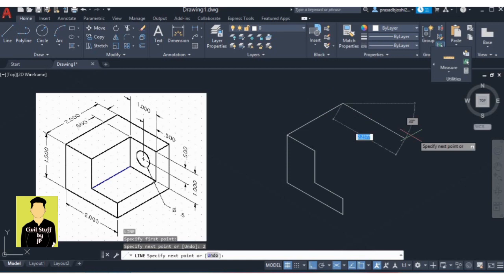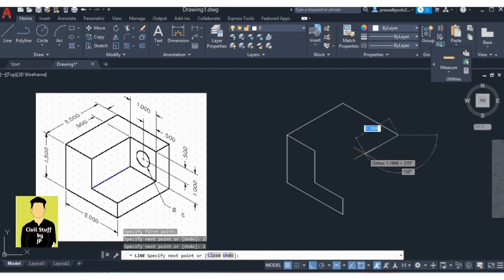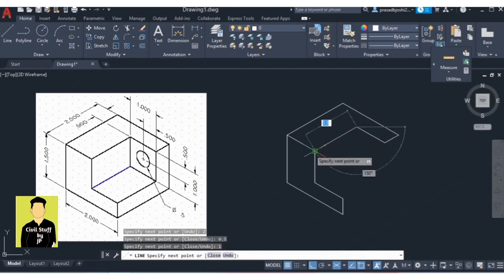Now again I will draw a line of 2 units over here, and a line of 0.5 over here, a line of 1 over here, and it will automatically end up over here. So now I have this top portion.